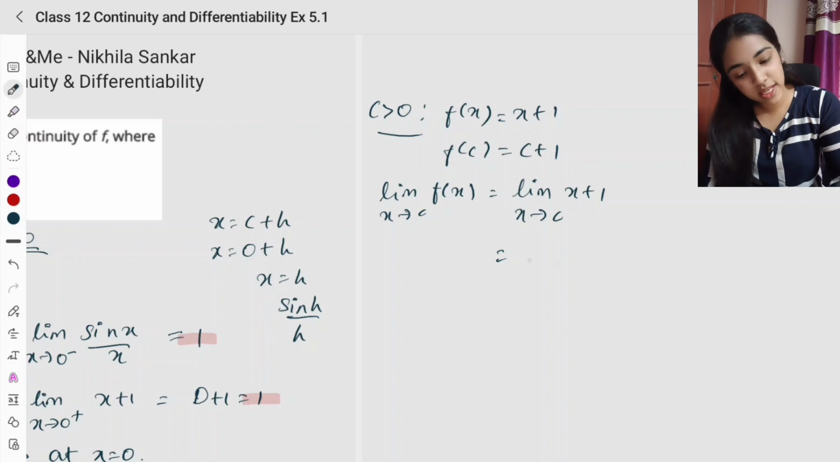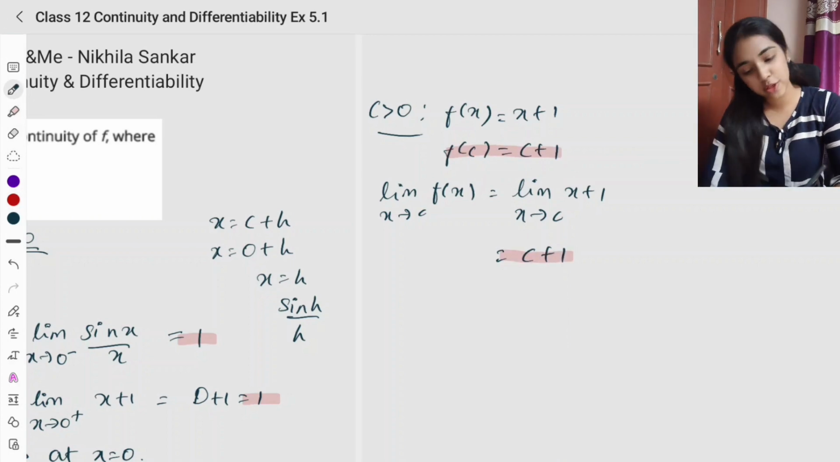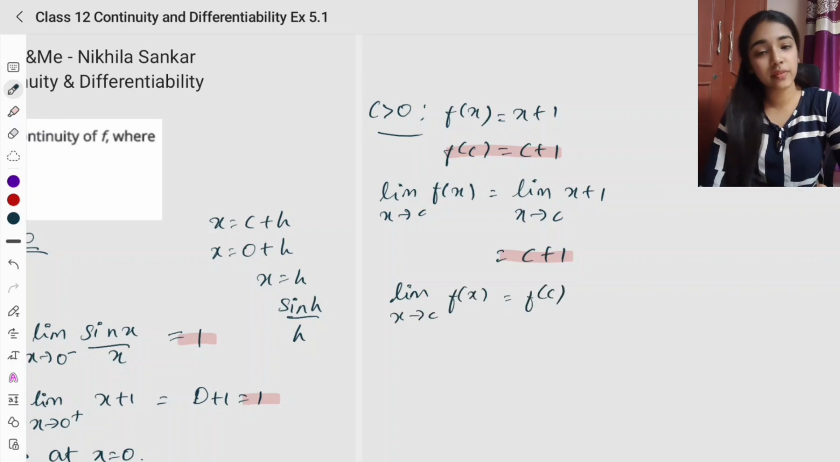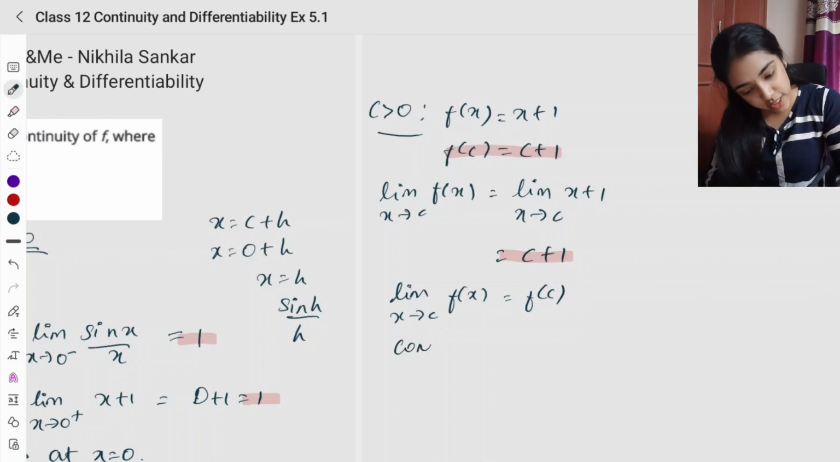Substituting the value of c, I'll have c plus 1. So what do I see? I have c plus 1 equal to c plus 1. So the limit and the f of c are going to be equal. So final answer, how do we write it? Limit x tends to c of f of x is equal to f of c. This you have to write for each and every case. Okay, write it like this, that's why it is continuous. So continuous